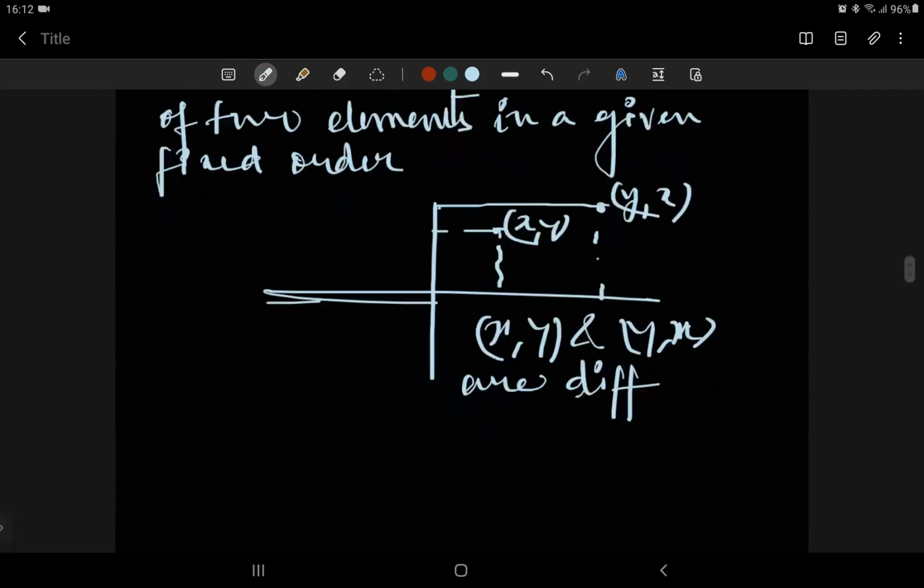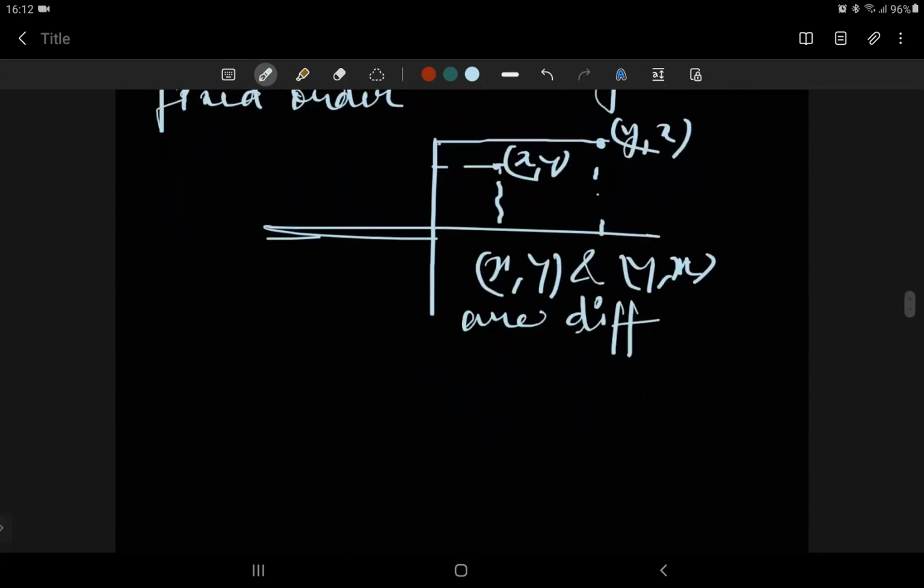Now from here you can obviously define unordered pair, right? So what is an unordered pair? Anyone? It is a pair of elements where there is no specific order, like in that case x comma y will be same as y comma x. Yes, exactly the same. There is no difference between x comma y and y comma x. You cannot represent them with a point in the 2D plane, because both points will overlap. That is not possible.